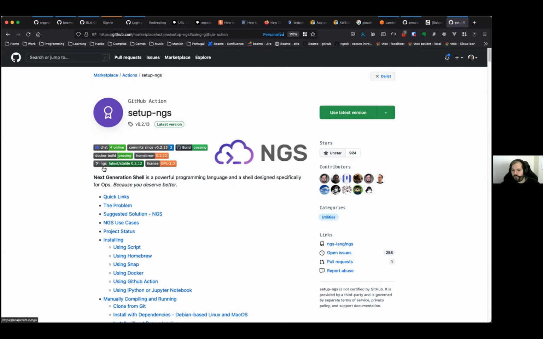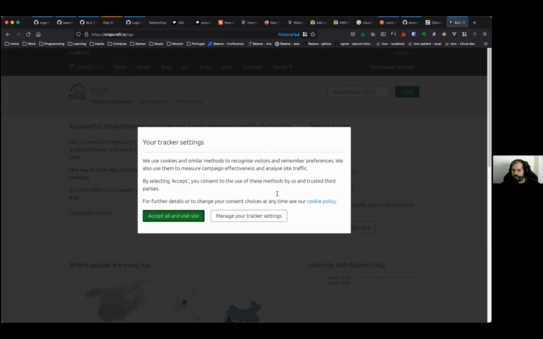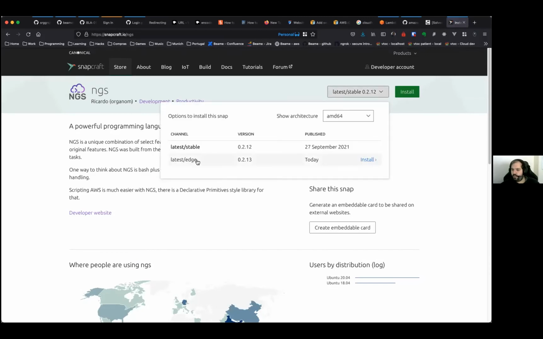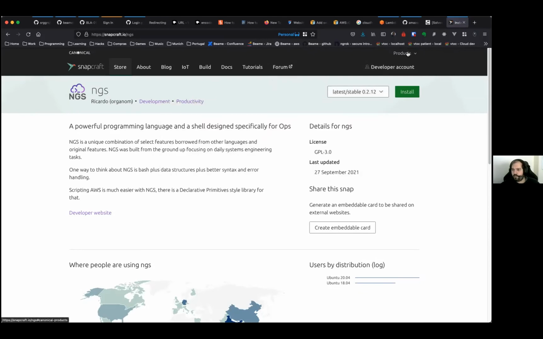The homebrew, and I think homebrew is somehow updating automatically for some reason. And this is the snap, so you didn't run the snap update. Well, I can't run it. I don't have the credentials. No, it is there. It is on the edge. So there's automatic release. Yes. Why is it on the edge? It's supposed to be stable now.